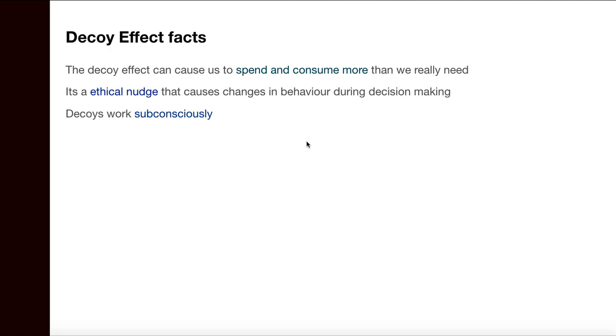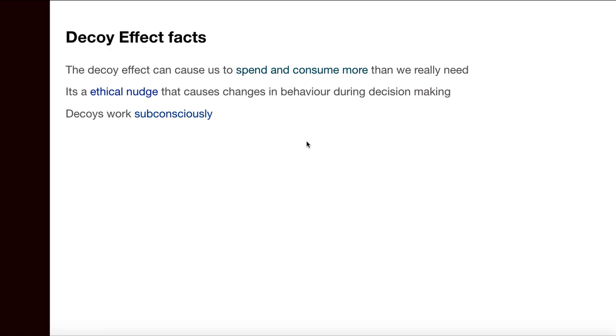And the last one is that decoys work subconsciously. So as I said, we don't sit down and do rocket science calculations to see which one is really beneficial or not. We make these decisions like, okay, when you compare these two, this seems a little better. So most of the time these decisions are very subconscious and don't happen consciously to all of us. So that's about